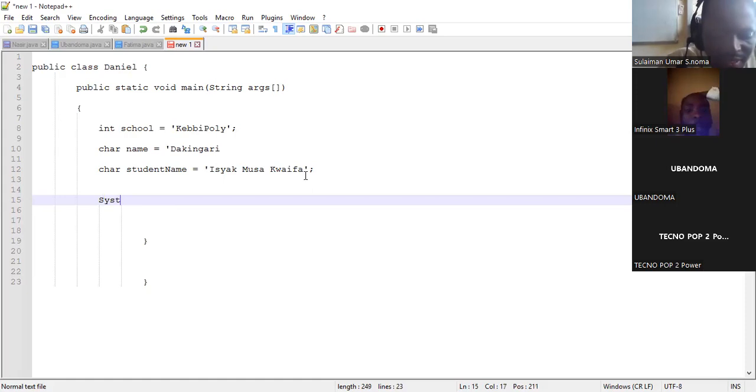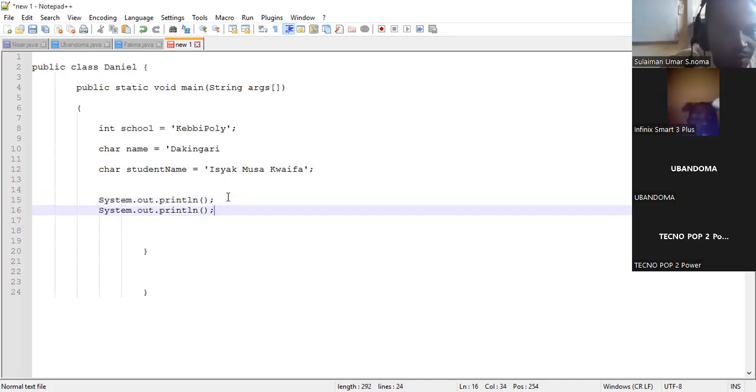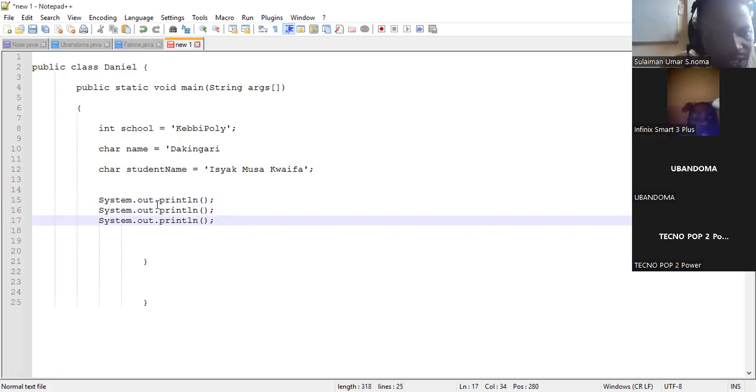Now let me say system.out. Are you with me? System.out.println. I have how many outputs? 1, 2, 3. I have this output. I need this output. So I may have my system.out three times. I paste these two. So here now, when I say system.out.println,